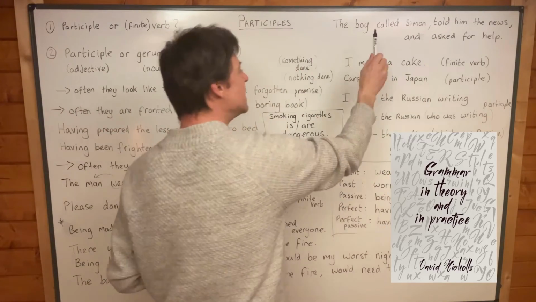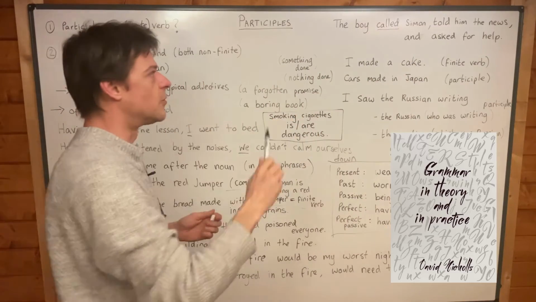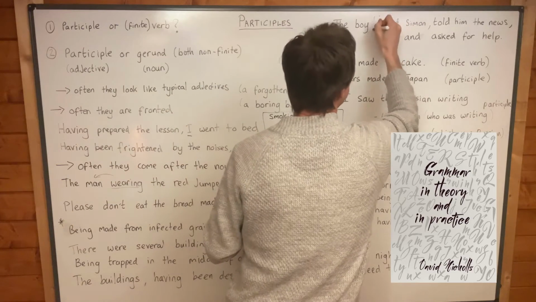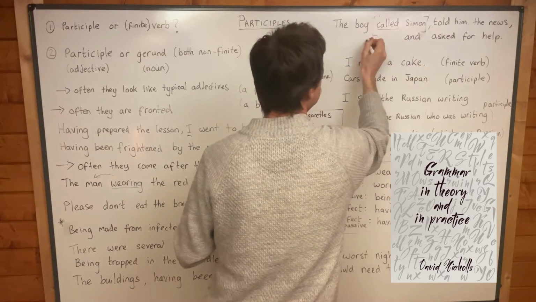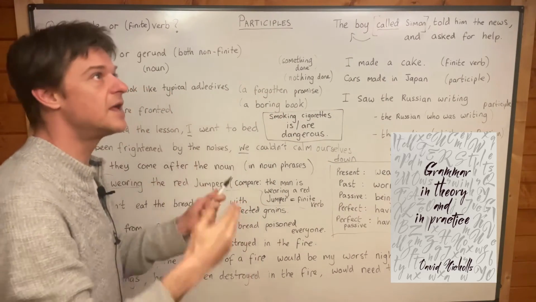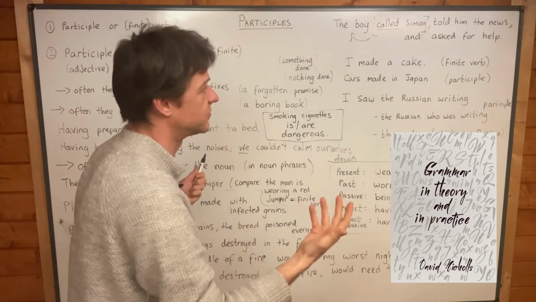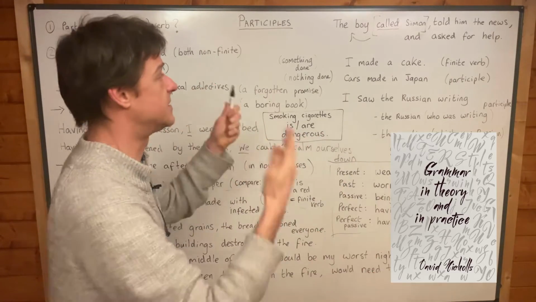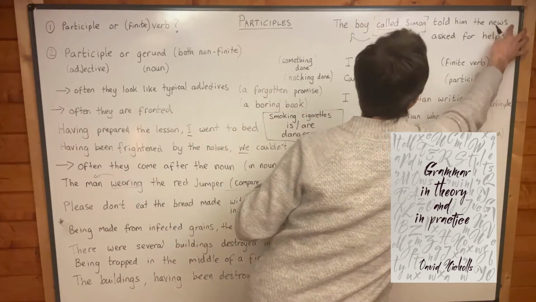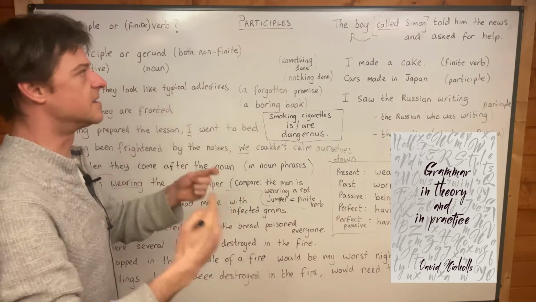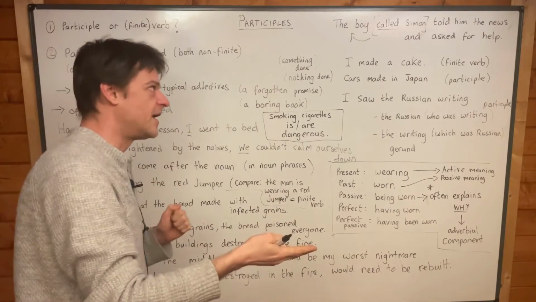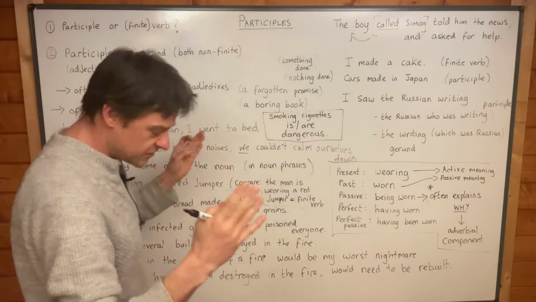And so it's really important to know what kind of word called is, because if it's a participle, that means that this part is describing the boy, and it's not an action. It's not what the boy did. Yeah, it means the boy, his name is Simon. The boy called Simon. Yeah, the boy who was called Simon. That's what that means if it's a participle. And if it's a participle, we definitely need to remove the commas, because we're saying the boy, Simon, did two things. He told him the news and asked for help. So what you can see here, what I'm trying